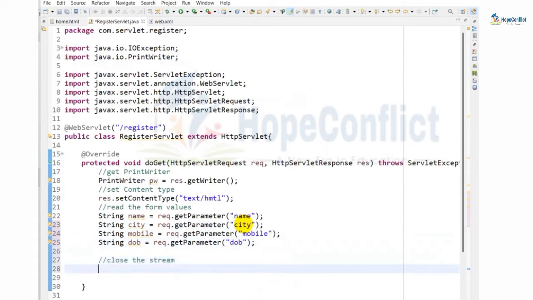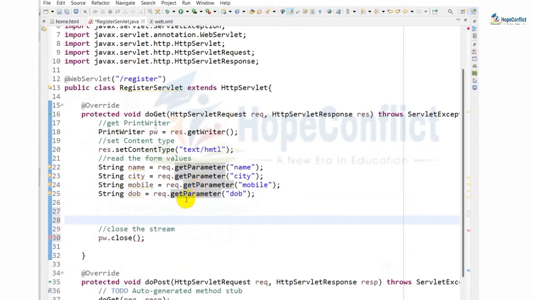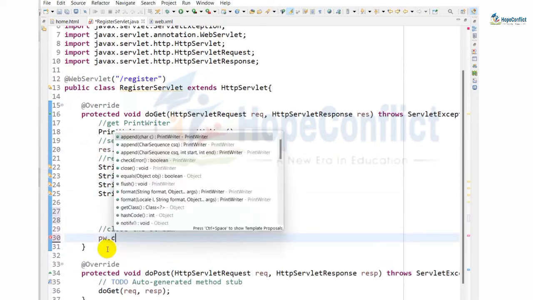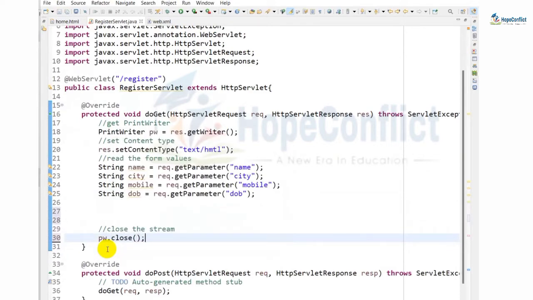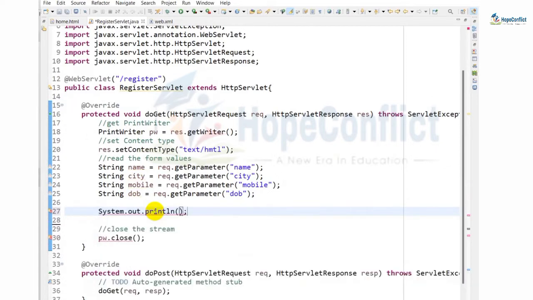Now first, before storing this data into the database, we'll first see whether this data is coming into our servlet or not. Here what happened, pw.close. Yep, now we'll print the data of this form. Sysout, control space, enter, and name. Here we'll take name